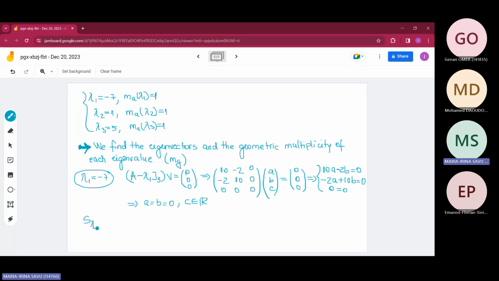So the eigenspace for the eigenvalue lambda 1 is the space of all the vectors. Let me write them on lines. You have vectors 0, 0, C, right? Because C is real. C could take any possible value. Let me write in this way, transposed. So this space is C times (0, 0, 1) transpose with C in R. And if you denote this vector by v1,